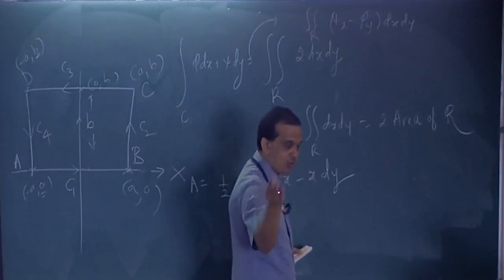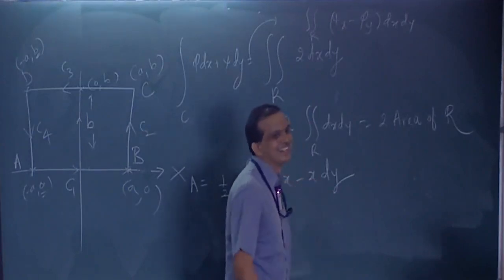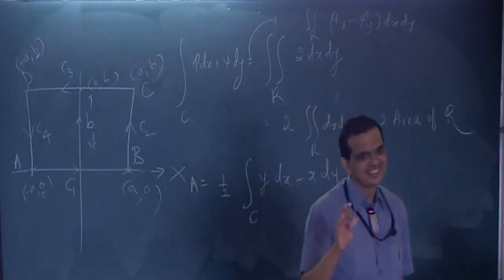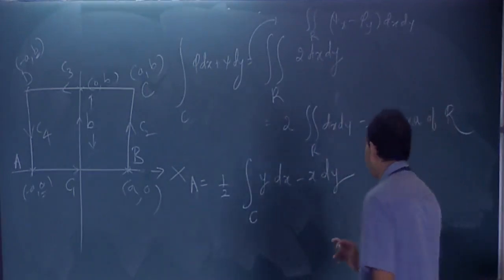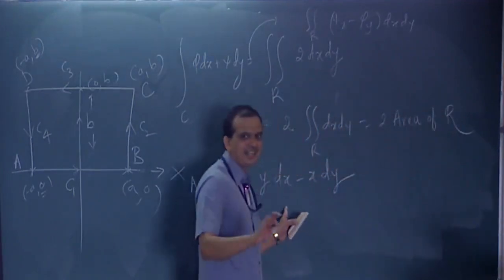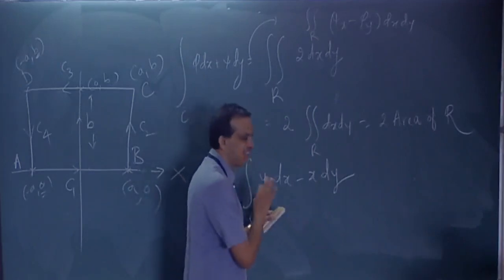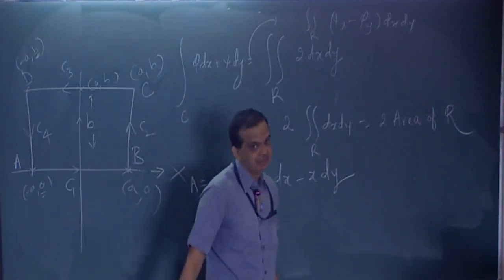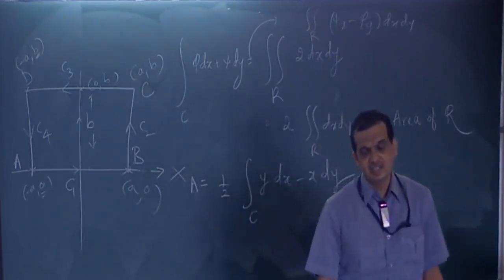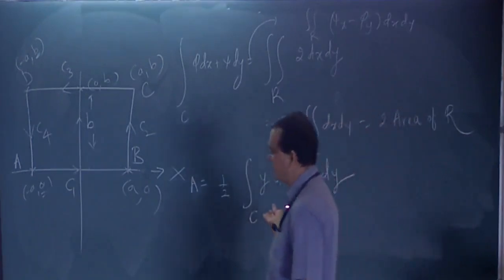On 4, you have to evaluate and get the answer for area. Got it? So, this is the problem. And that expression is fixed: y dx minus x dy. So you have to take it like that only. Obviously, all this is in the plane, not in the space. Clear? So, using Green's theorem, this is an outcome